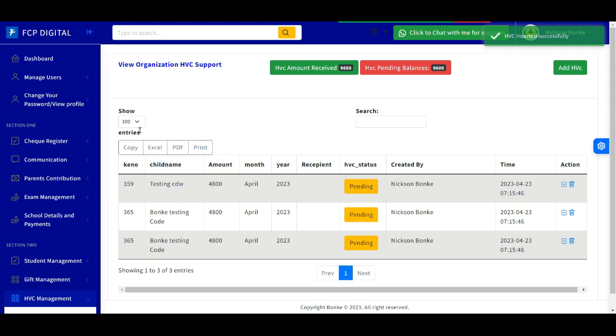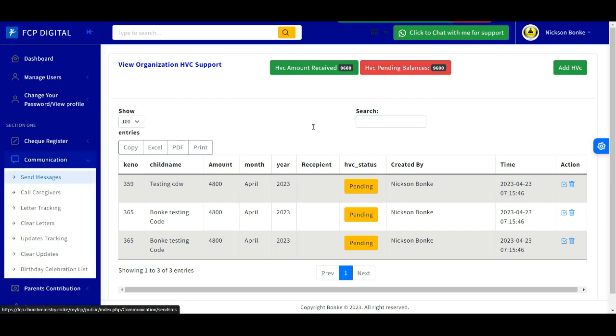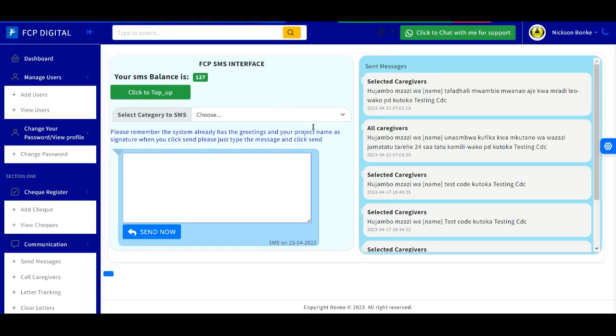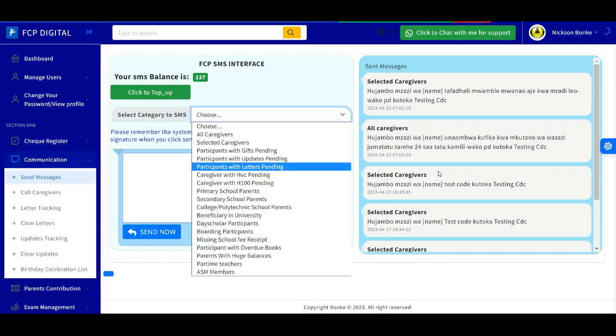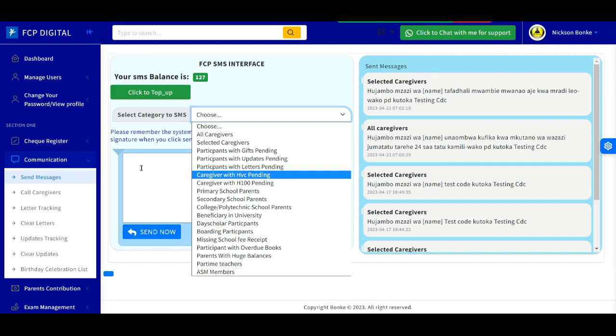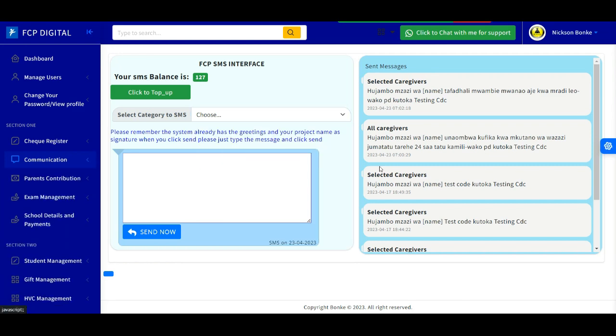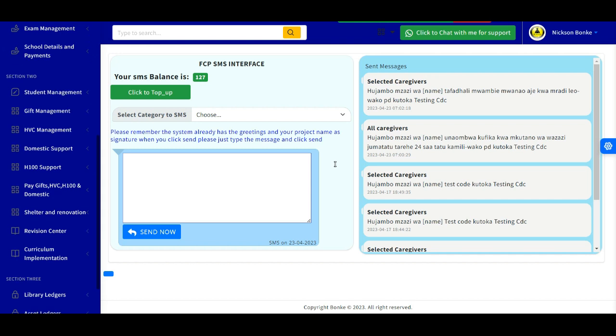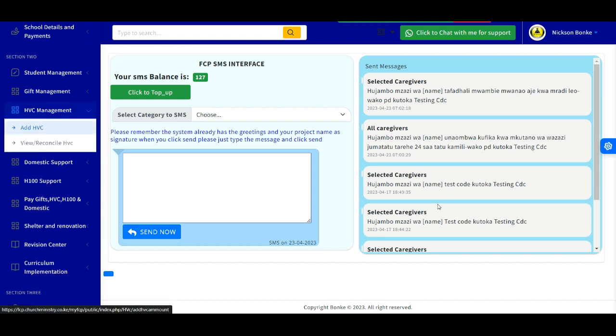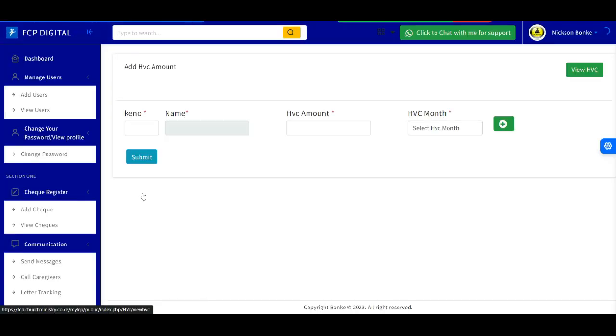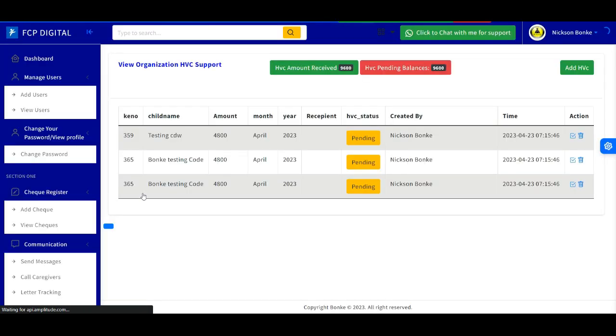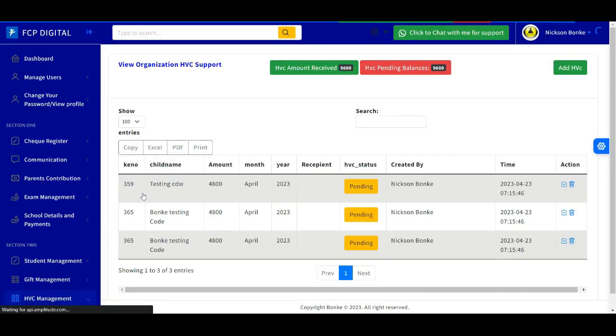So all you need to do is to search the child name here, and then you can go to communication and send a message to those with pending HVC, so that they can come and collect their HVCs, or you can notify them that you'll send the HVCs. And uzuri ni kwamba it will help you to document the HVCs so well, so that once you deliver the HVC, let's say for example this HVC is delivered, you just come here and check